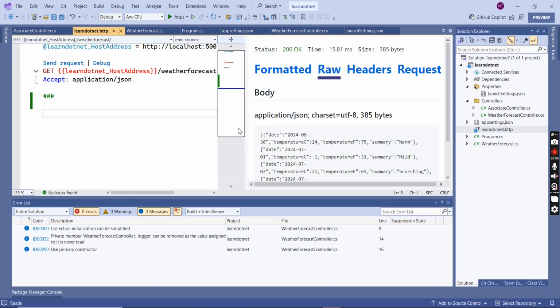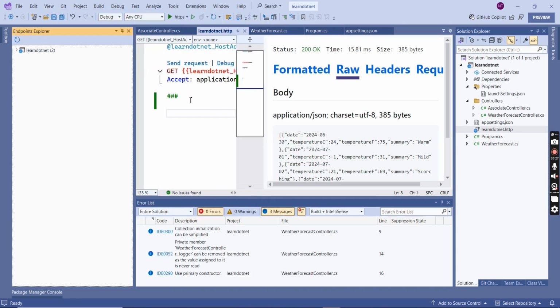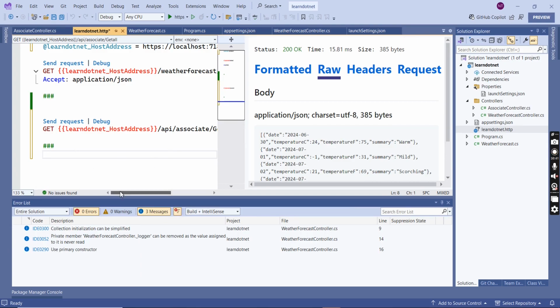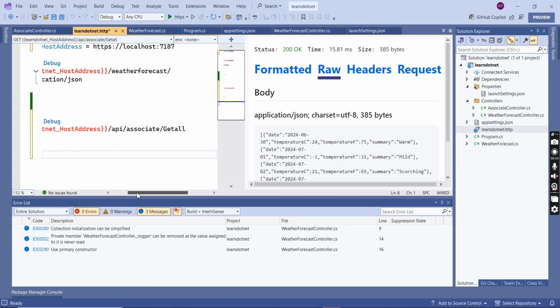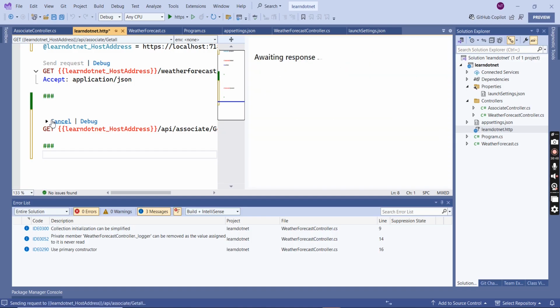If I click, I can see just this WeatherForecast only. So if I need to check the newly created one, you can go to this Endpoint Explorer. Here you can see this newly created method. Just click and generate request. Now you can see the new request is also available: api/associate/getall. Once you click this send request,